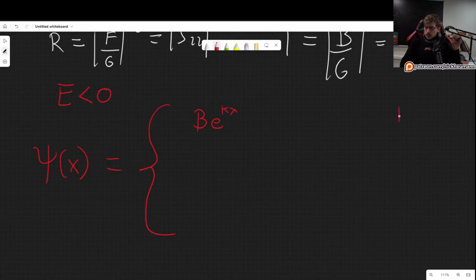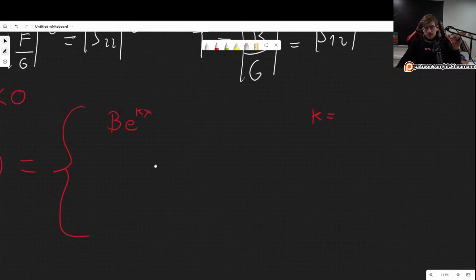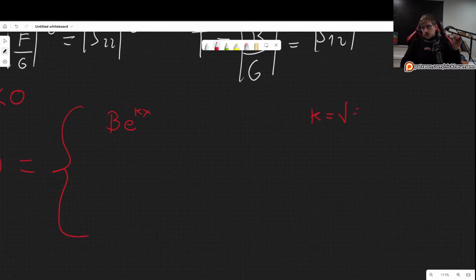With, of course, k being the square root of minus 2mE over h bar, which is something we have seen before. In region 3, we get something similar, just F e to the minus kx. We cannot allow the other options. We cannot allow A and G because they blow up. In the negative x, if we have an option with A e to the minus kx, for example, it just blows up. And then in the middle, again, we have something,